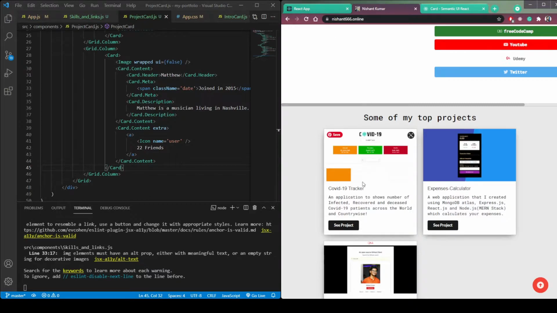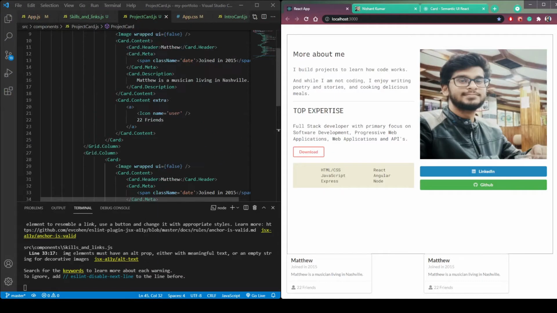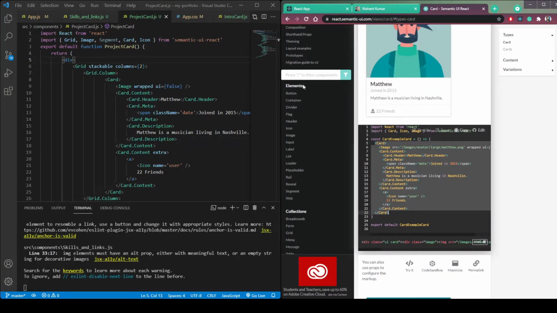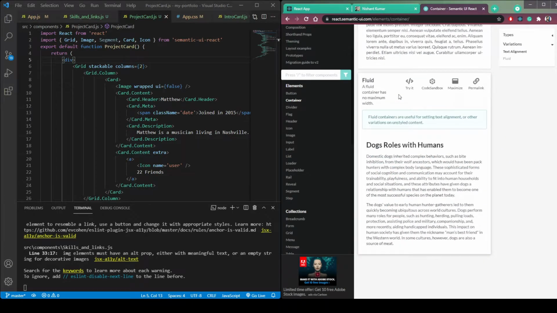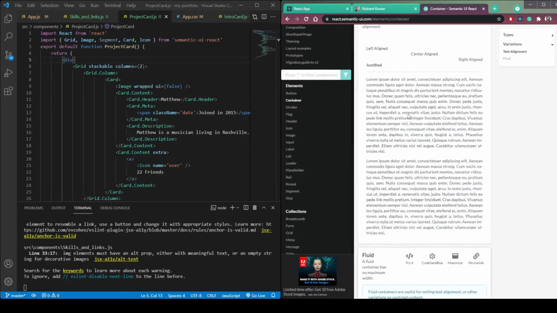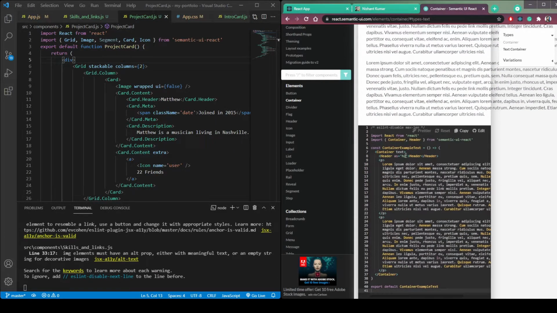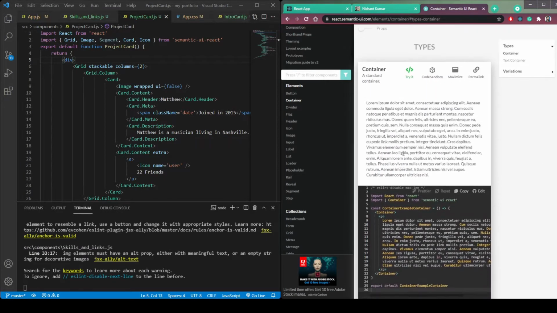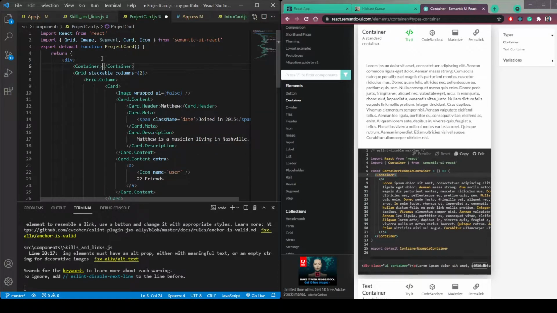But we need to increase the height and the width of the card and make it center aligned. So make this div, or we can use container to make the align in center. So from Semantic UI, let's copy this text container. Or what we can do is copy this container, simple container, and then make it centered.